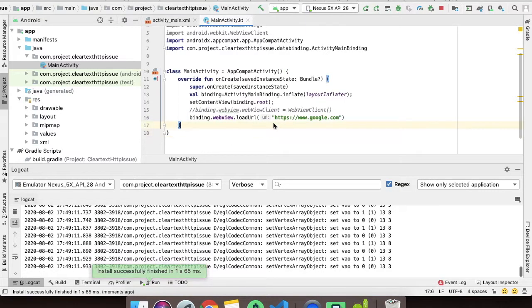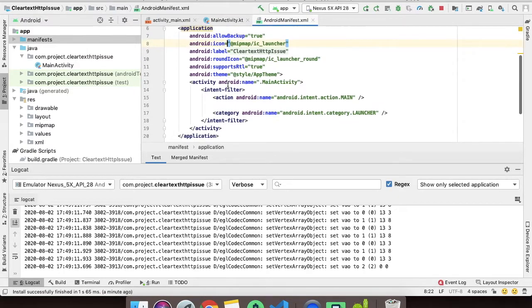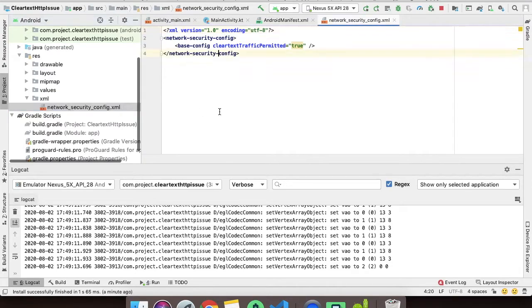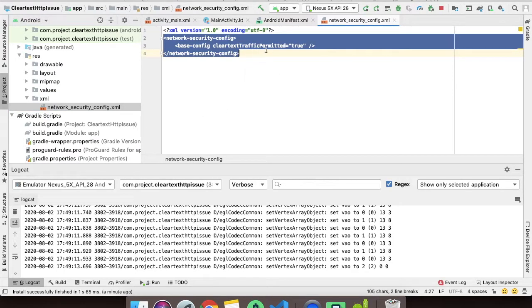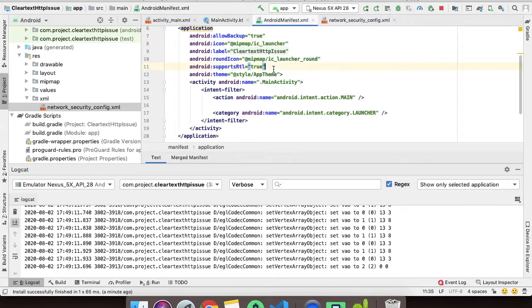Now we are going to see how to load it with HTTP URL only. So we have to go to the manifest file and add one network security config file here. So we have one network_security_config.xml file, and we will set this network security config file into the manifest file.